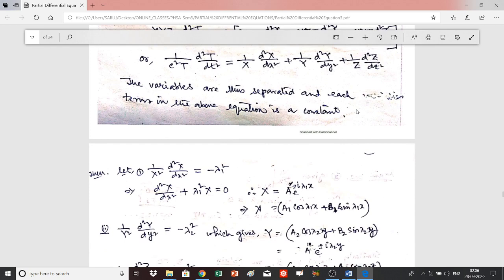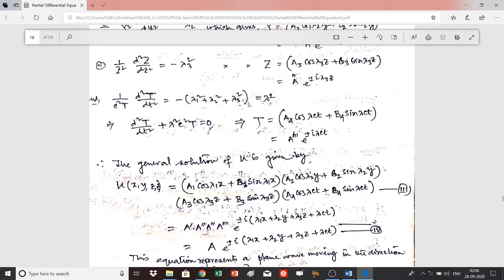That is done here, that is written here. So here is that lambda square is equal to lambda 1 square plus lambda 2 square plus lambda 3 square in the next part. So from here you can write this is minus this, and this should be minus lambda square, because this lambda square is equal to all these three terms. So d2t by dt square plus lambda square c square t, from here negative sign will appear here. So from here you can write